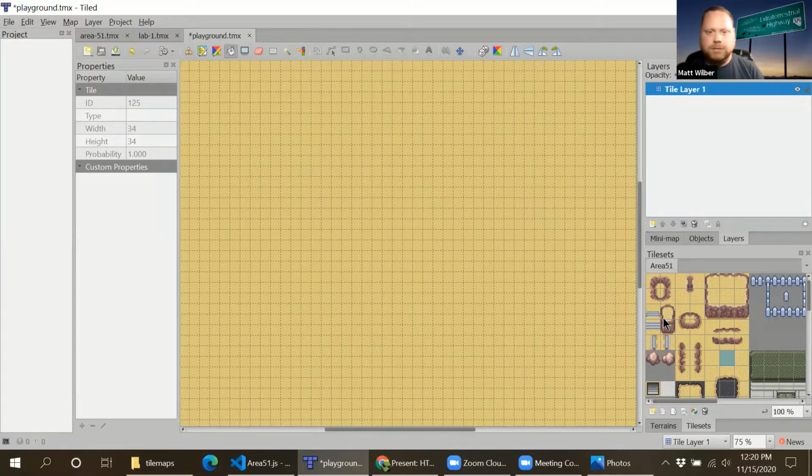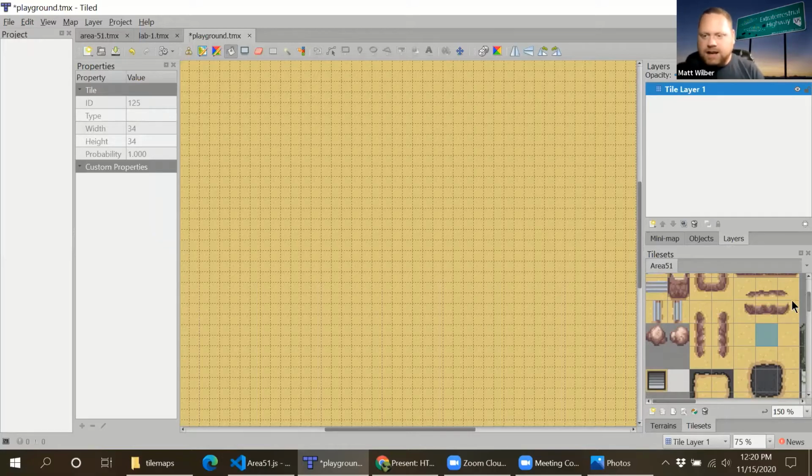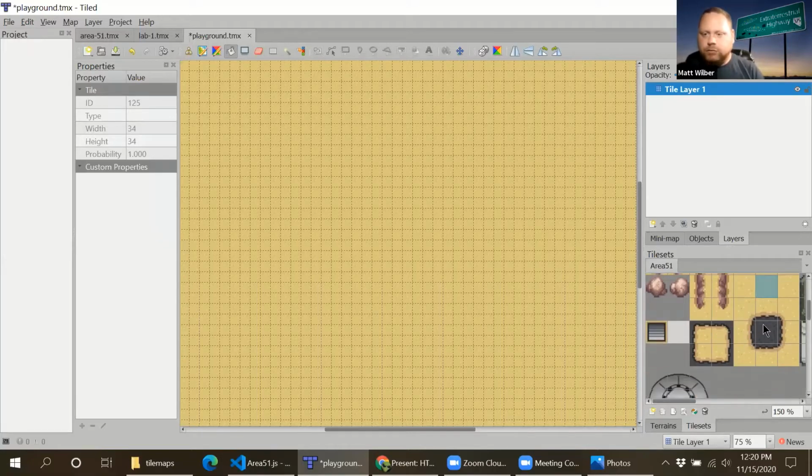I'm going to zoom in a little bit here. And the first thing I want to do in creating my Area 51 base is add some roads. And you'll see down here, if I can zoom in a little bit, where I have this road tile and these nice rough edge tiles that transition between sand and road. Now, I could, of course, start placing these by hand here and create a road like that. But then I'd also have to manually go in and add these edge tiles in here, which would be very